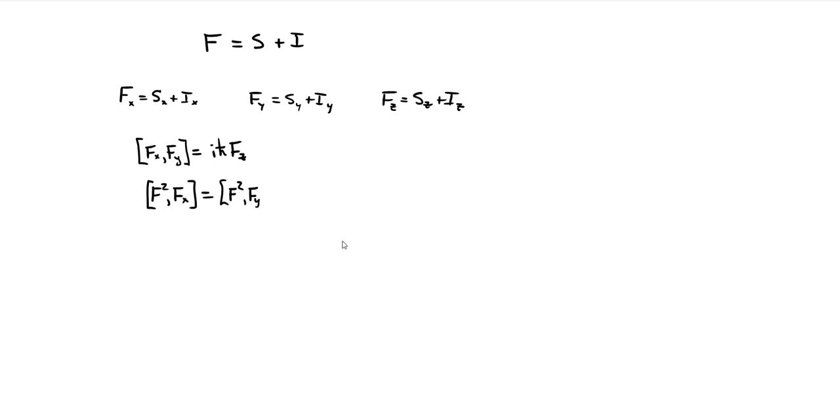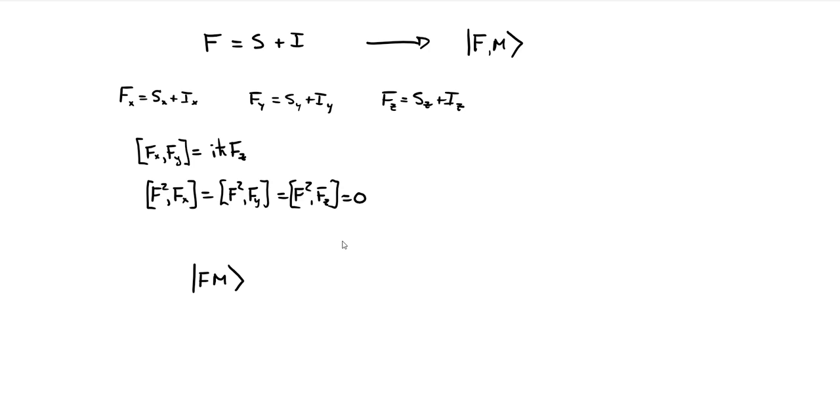Squared, F_y, F squared, Z, and all of those are equal to 0. So it has those properties, and it's going to have quantum numbers, F for total angular momentum, and a magnetic quantum number associated with the Z component of that total angular momentum, right? And so what we've got now is an F, M sort of total angular momentum basis